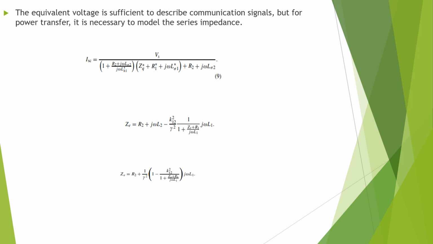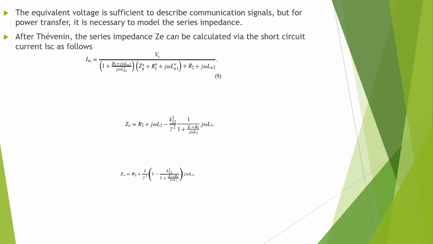The equivalent voltage is sufficient to describe communication signals, but for a power transformer, it is necessary to model the series impedance. After Thevenin's, the series impedance ZE can be calculated via the short circuit current ISC as follows. ISC is equal to Vs by 1 plus R2 plus jωLσ2 by jωL, H1